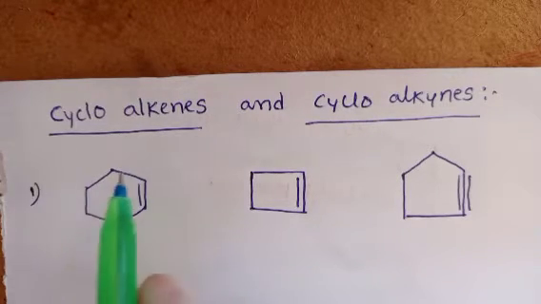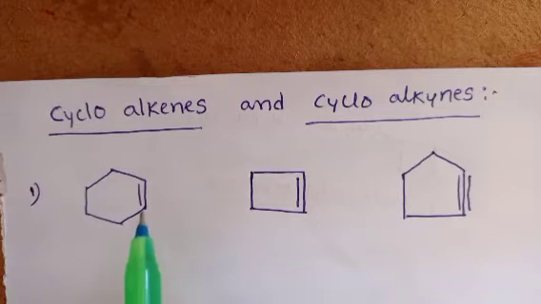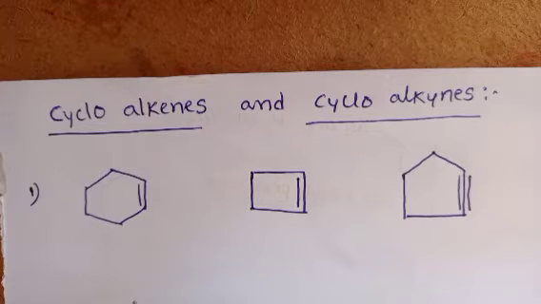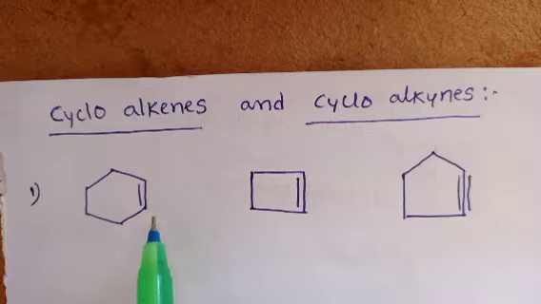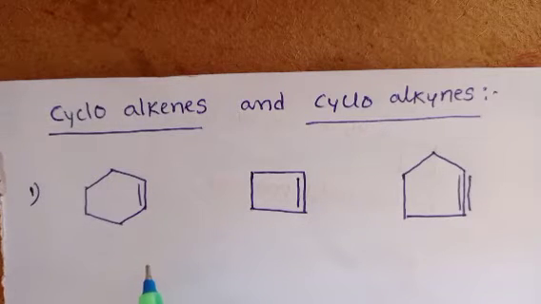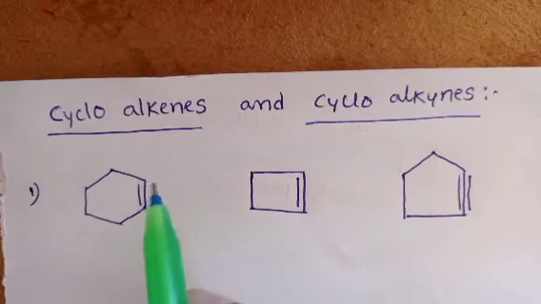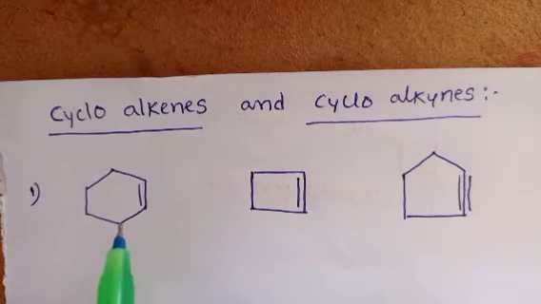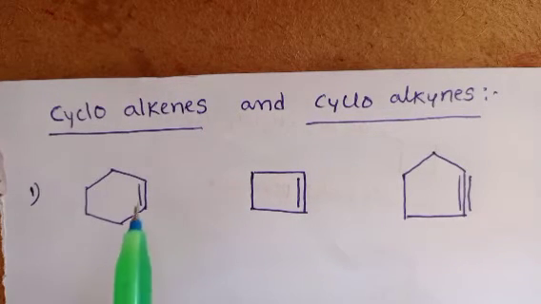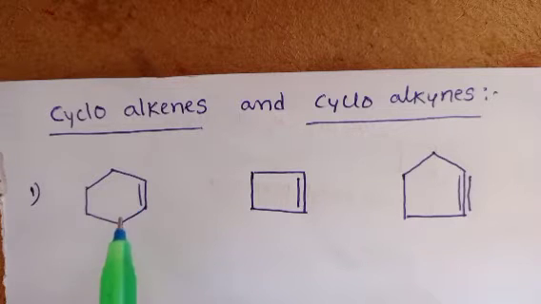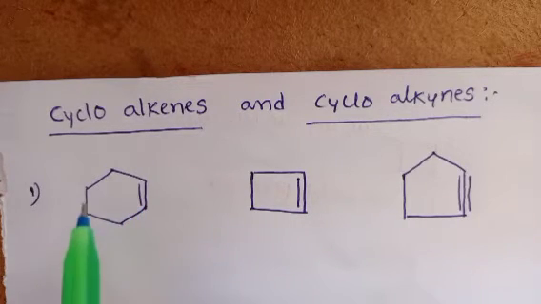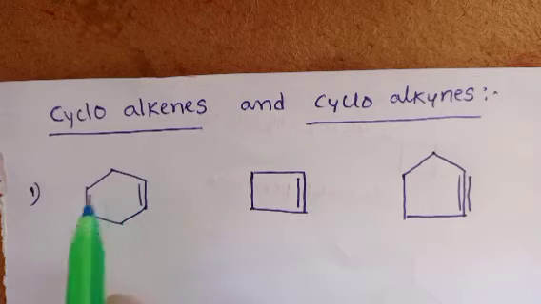It contains 6 carbon atoms in the ring and also one double bond present. Now I think students ask so many times, since a double bond is present here, how can we give the numbering for this double bond? Here there is no chance to give the numbering, because if we give 1 2 or 1 2, no problem, because this structure is similar in a number of ways. Means if you draw this double bond here, both are the same. If I draw it here, same, here same, same.